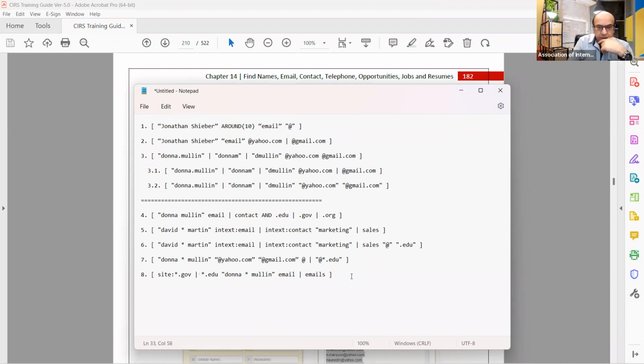In fact, I would correct this 8 to make it more specific. Where I've mentioned site colon asterisk extension.gov, I might just end up writing it like this,